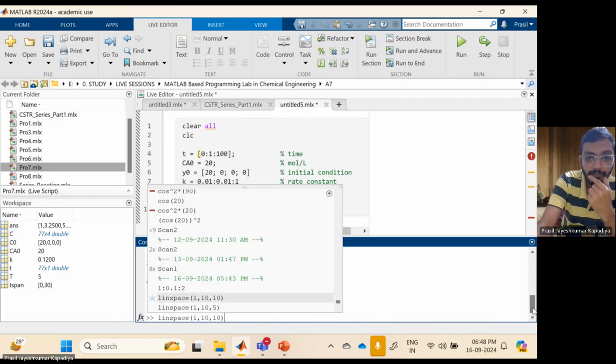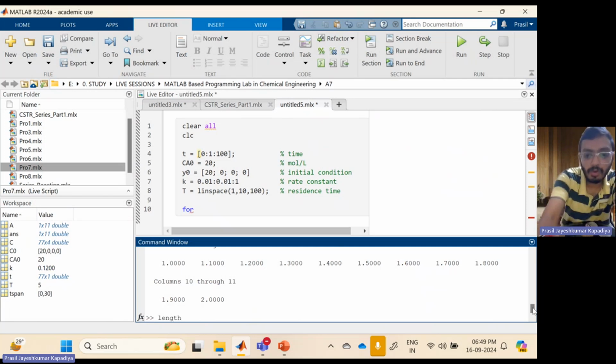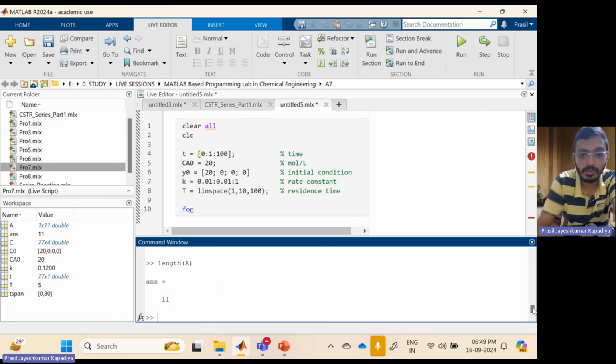Here, how many points there are, we don't know. So what can we do? Let's say I'm defining it as A. A is equal to this. So I can write length of A. Okay, so we will get 11. So there are a total of 11 entries. So what I will do for